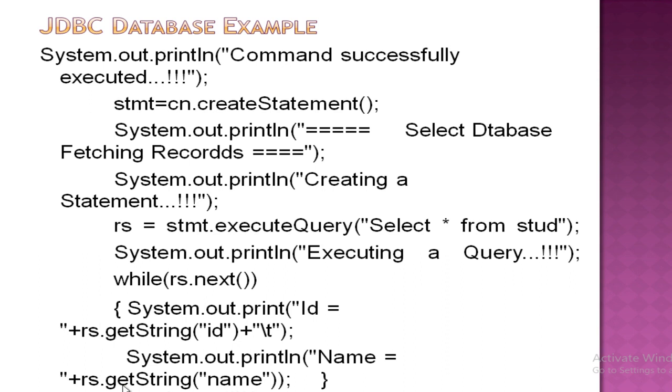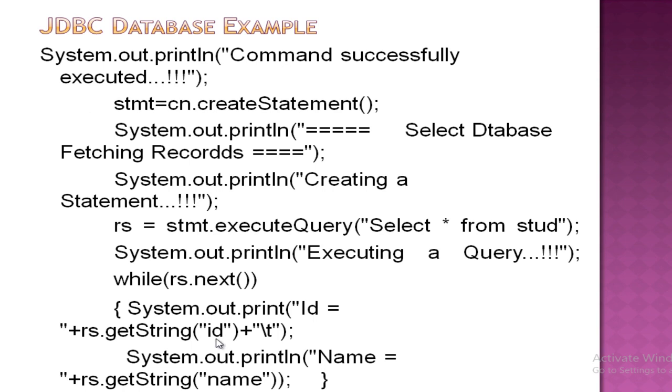That means we have here the object of result set. Here also this object of result set. So through this object we can call this method getString. We have already seen the result set methods, right? So using the getString method, we can get whatever string we have passed over here, right?